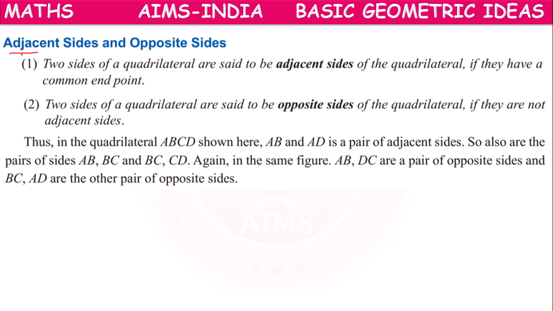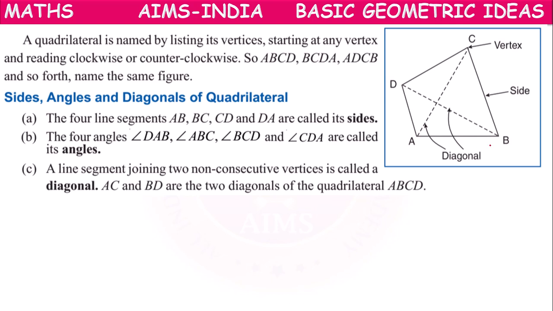Next one. Adjacent sides and opposite sides. So here, if you compare this side AB and side BC, they are having common endpoint. This side 1 and side 2, they are having common endpoint. So AB and BC are considered as adjacent sides. Or if you take